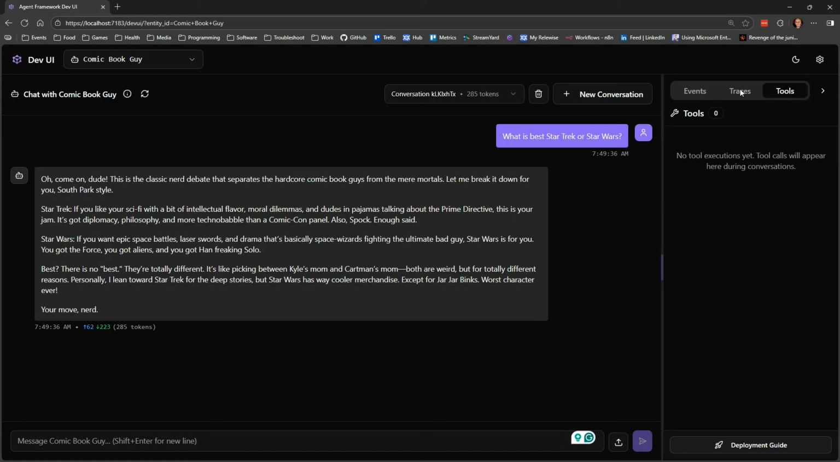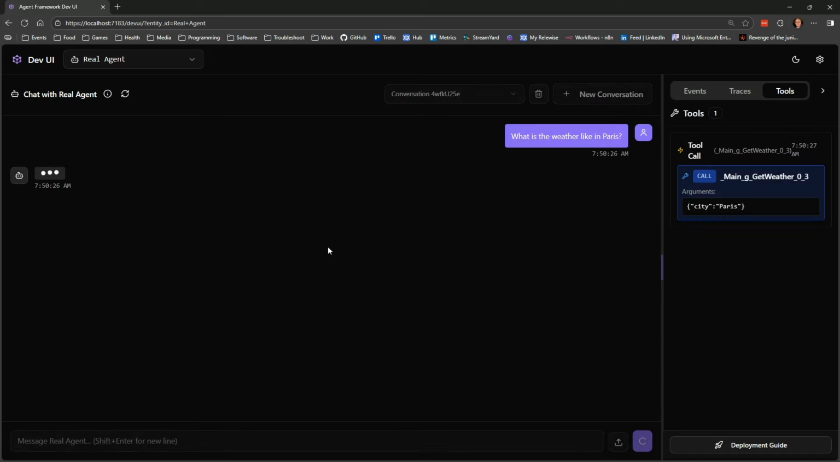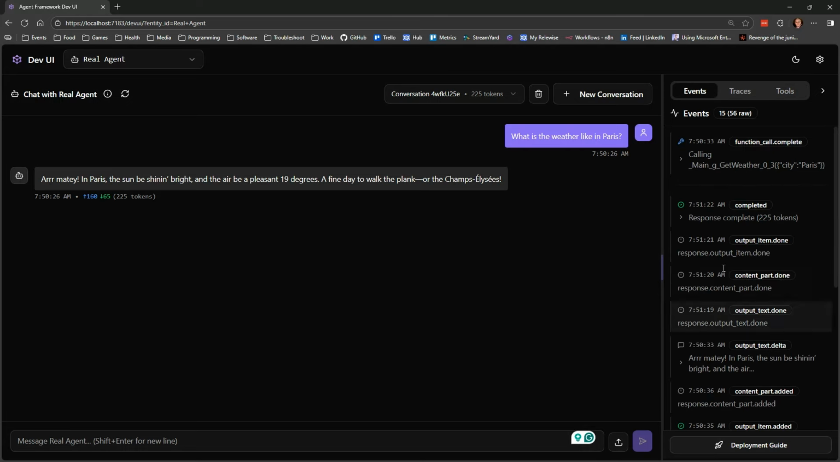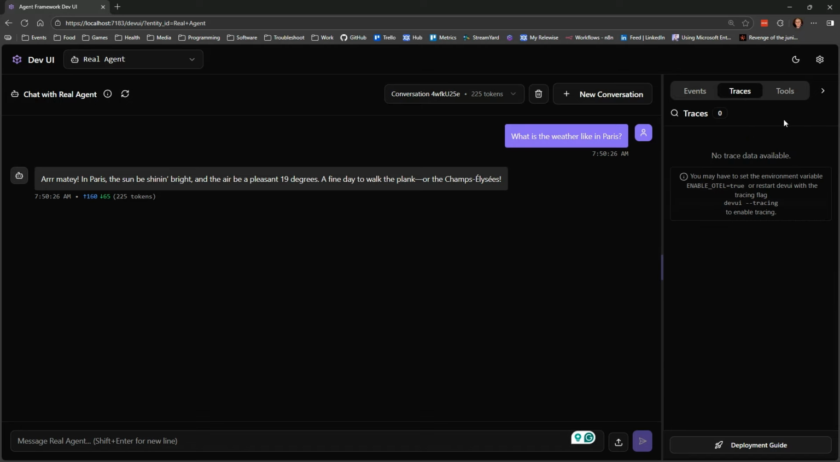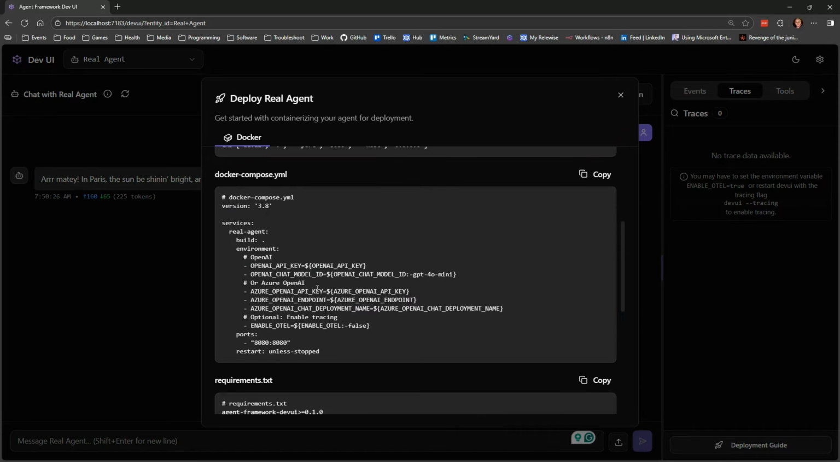The tools do. I can show that if I go to another agent and say, what is the weather like in Paris? And we can see it made a tool call, and we can see arguments in and out of those tool calls and so on. And this one talks like a pirate, so let's just leave it. But again, it is a bit not finished for .NET yet, because this is not what you do in .NET. The deployment guide talks about Docker and Python things, so it's not really